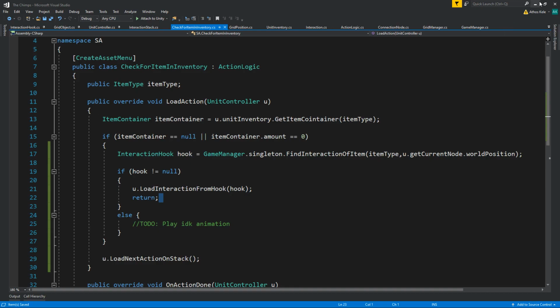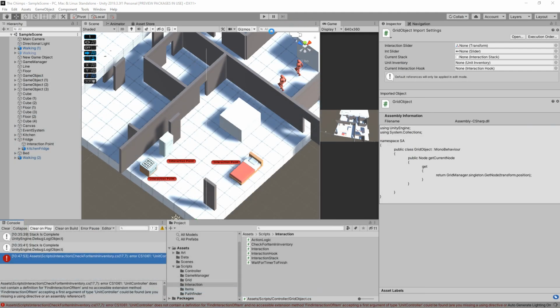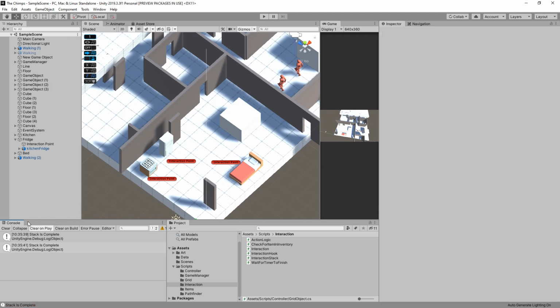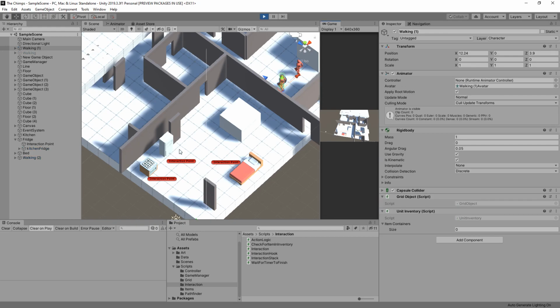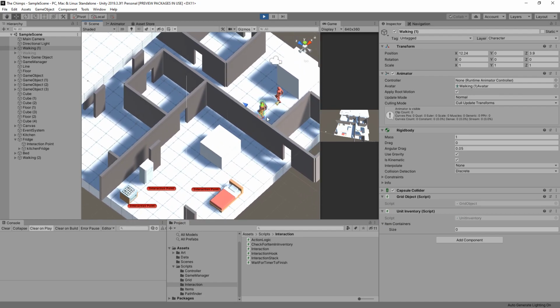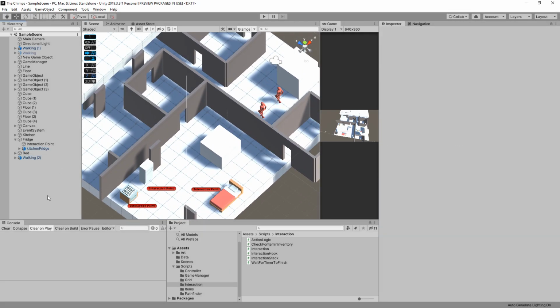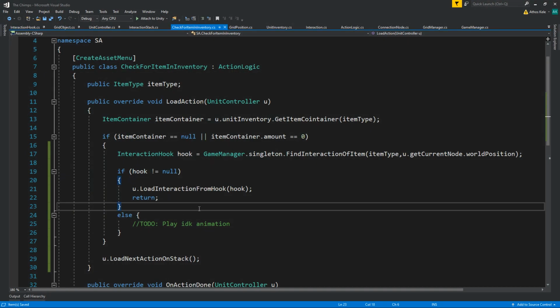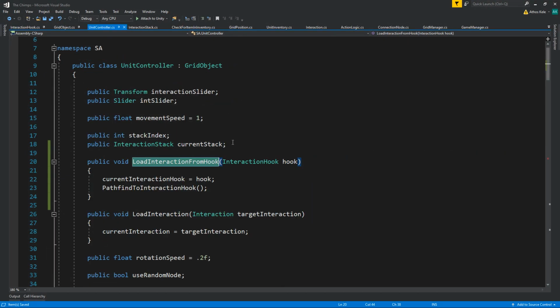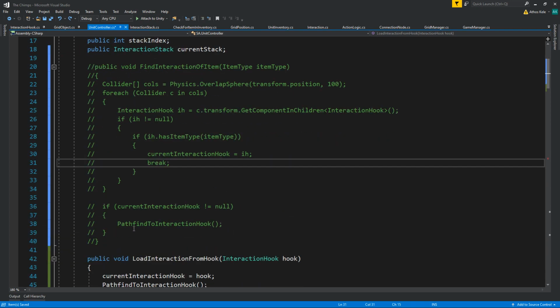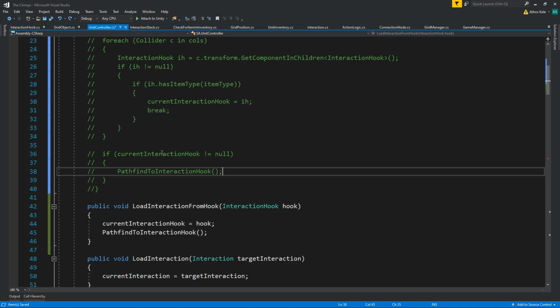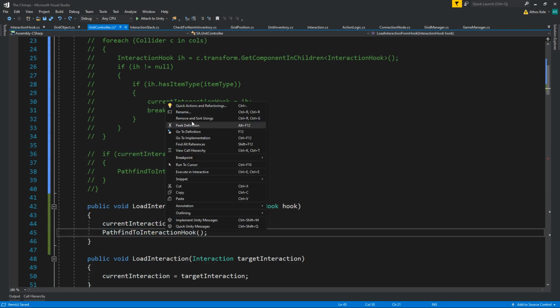So let's collapse that. Now I think it wouldn't make any difference if we hit play now. It will be exactly the same thing as we had before, apart that this is not working. Okay, so let's see why it's not working. First of all, we need to know that this is happening over here, and okay, I think we deleted more than we had to. Let's see, we have our current interaction hook, and we pathfind to interaction hook,